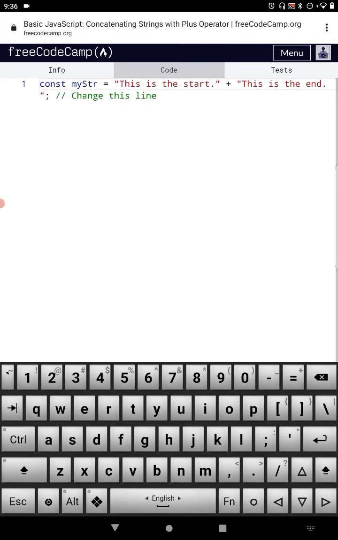And in order that we actually have a space, we can add a space in front of the word this, which will give us some space between the period and this is the start, or we can add a space after the period and this is the start. Either should be fine. Let's go ahead and test